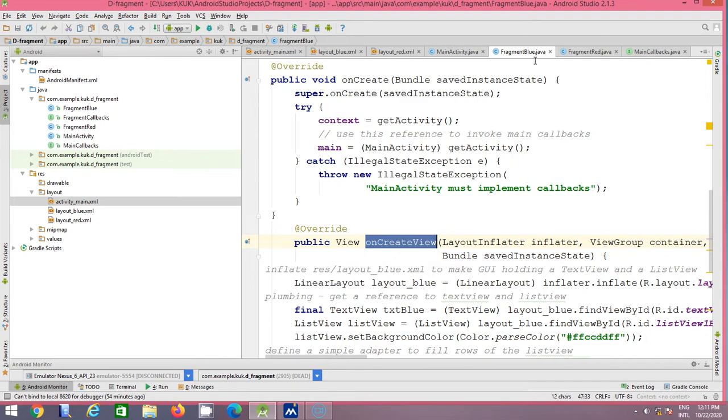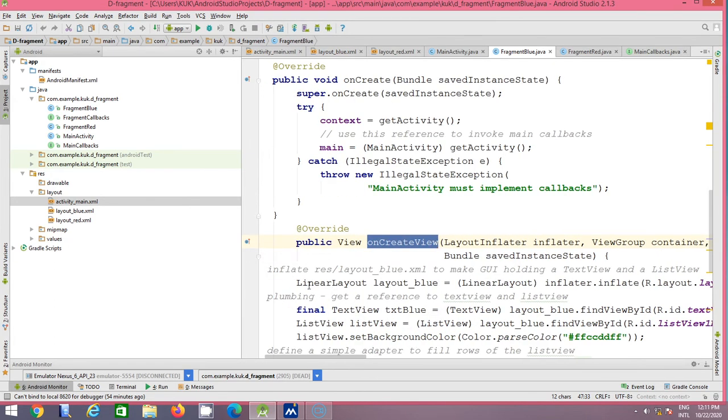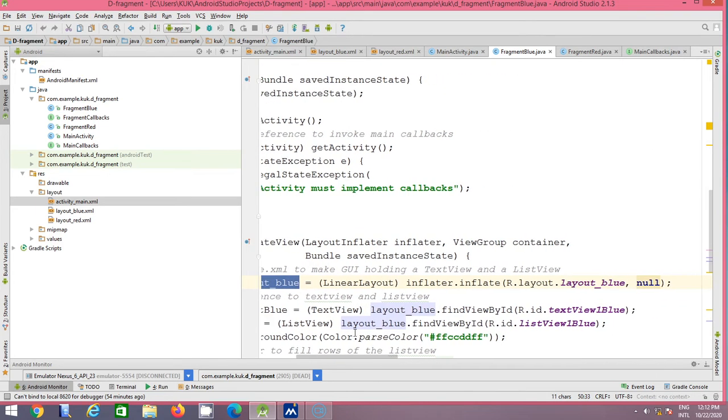For blue fragment, we have to inflate layout blue. The statement is linear layout, the variable layout blue, linear layout inflate dot inflate, R dot layout, and that is the layout name, layout underscore blue, and null. So by this your layout is inflated.